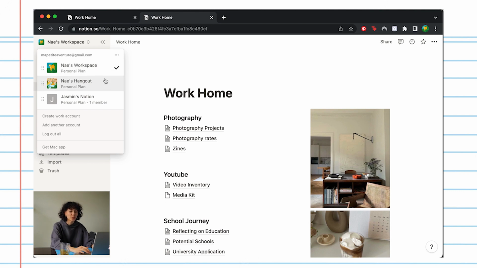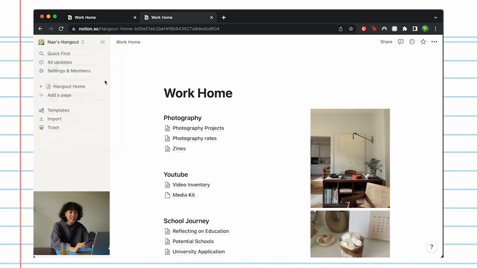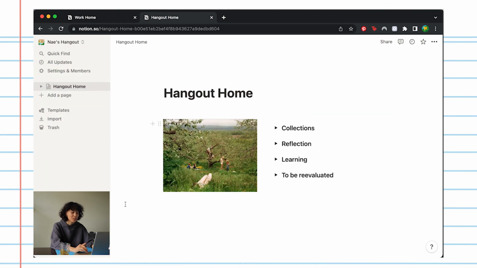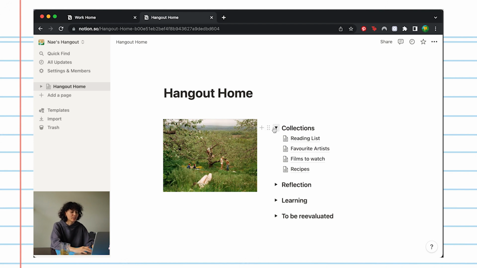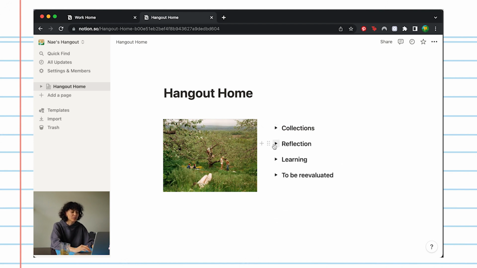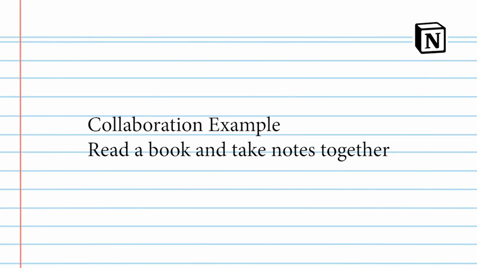And then you can switch into Nay's hangout space. So this is more like chill. I have my reading list on here, recipes, stuff that's not really work related, but you still kind of want to put away. And I only started doing this recently. So cool. I can definitely imagine doing multiple spaces even for bigger projects or something.